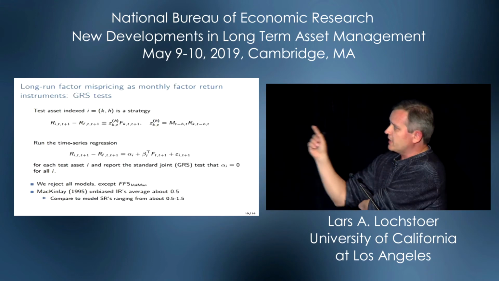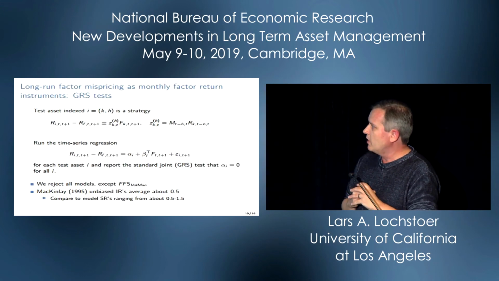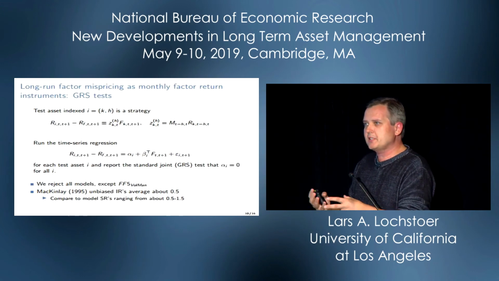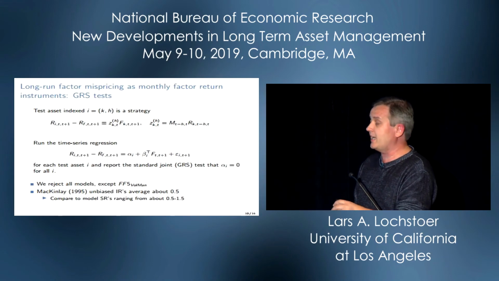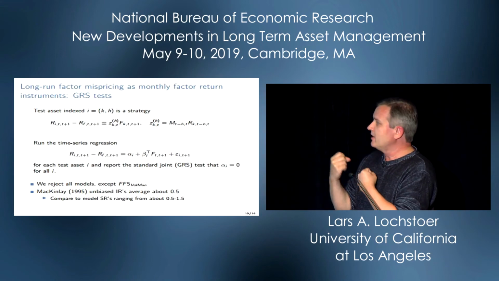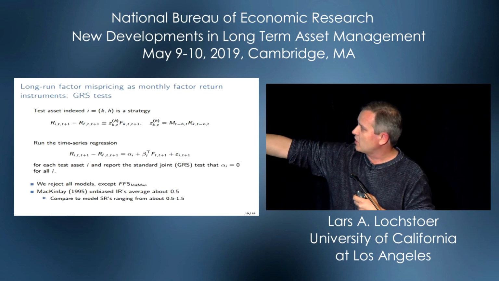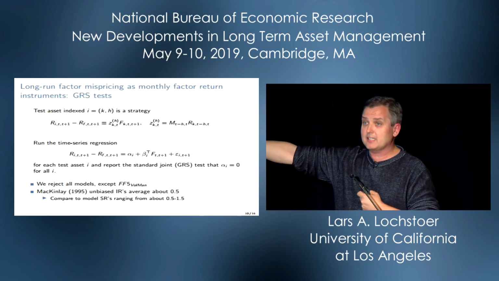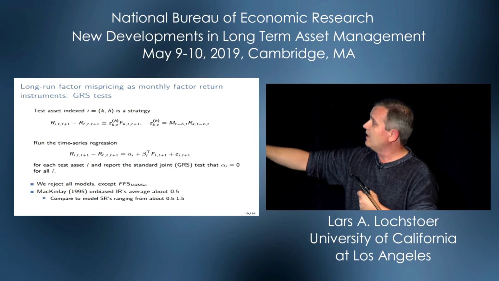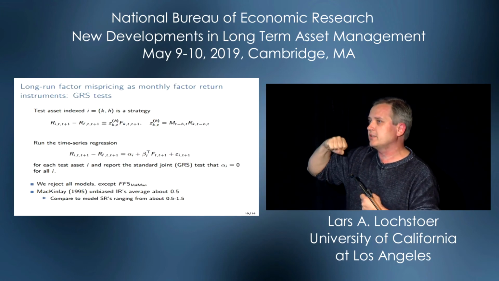Just a brief slide on this. This GMM test always makes some people uncomfortable. So one thing we're doing is also a GRS test, which isn't formally a test of long-horizon moments, but I'm just asking, can I use these instruments? The instrument here is the Z, M times R, which is a factor return going H periods back. I estimate the M, right? It's going H periods back. Can I use that to manage the return to the original factors?